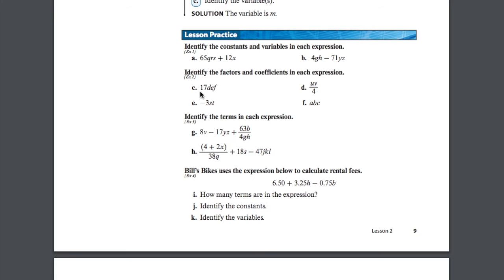So what's being multiplied here? 17 times D times E times F. They're just written next to each other in algebra without having to write a multiplication symbol, an X or a dot in between each of those. Letter D, we've got our